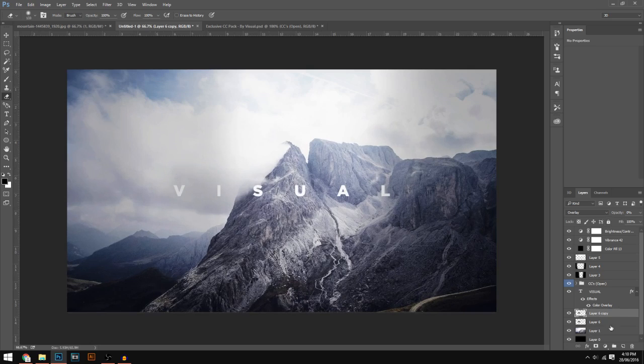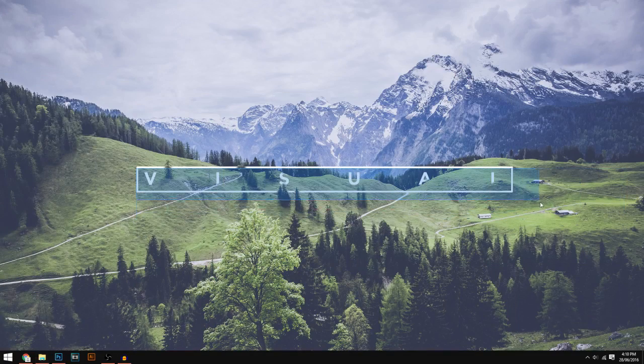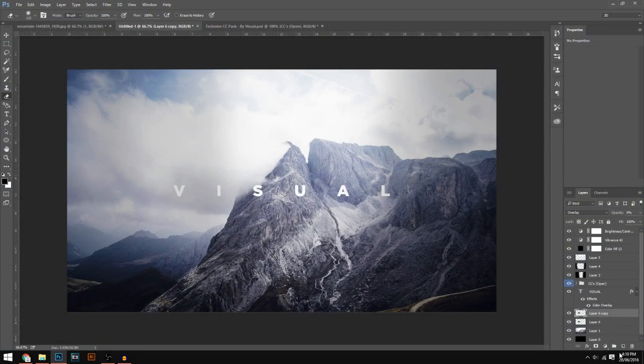And now what we can do is make the rectangle around it. As you can see right now, if we just go to our wallpaper, we're going to be making this rectangle that's actually behind the text, and then after we've done that we can start pen tooling out different objects and stuff like that. So I'm going to make a brand new layer just above what we just made and below the text, and then just grab your rectangle marquee tool and make a long rectangle